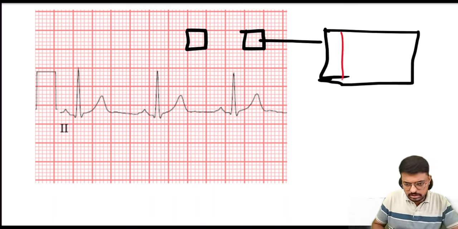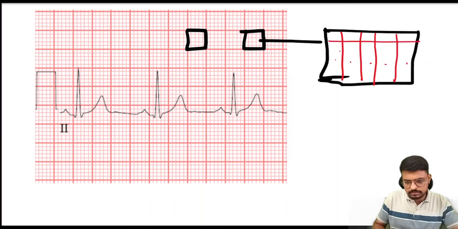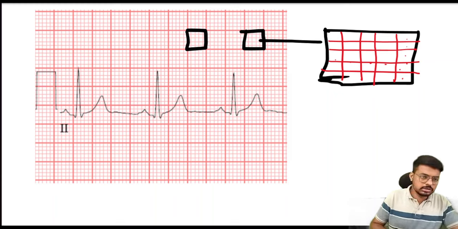So in every big box there are 5 small boxes. 1, 2, 3, this is 4 and 5. Okay, so then again 1, 2, 3, 4 and 5. 1, 2, 3, 4 and 5. Okay, so here